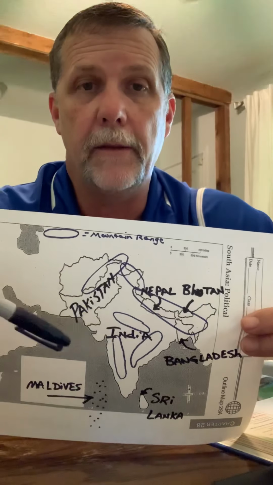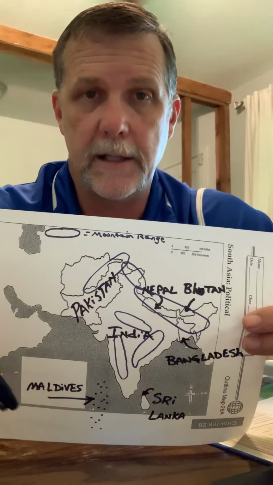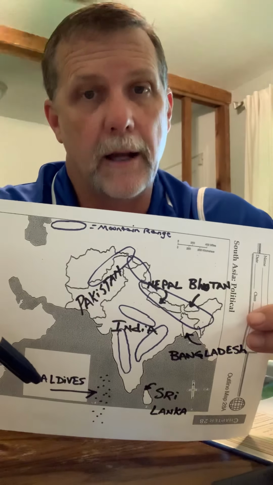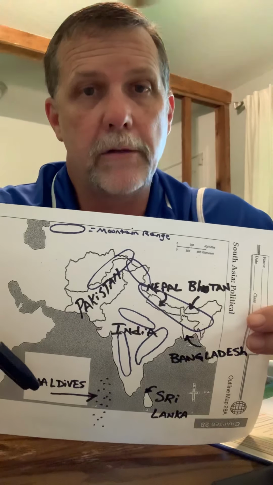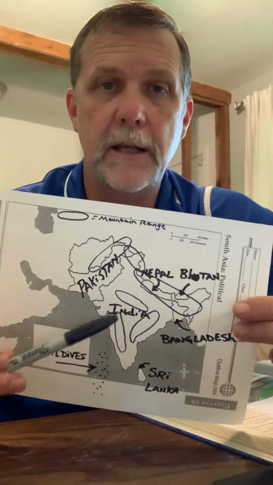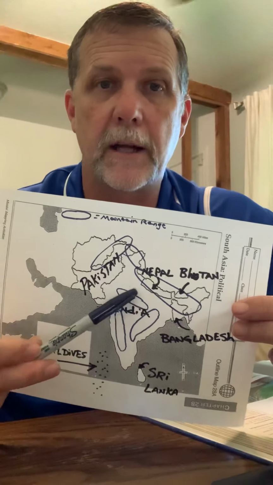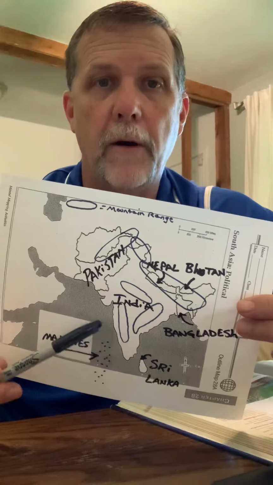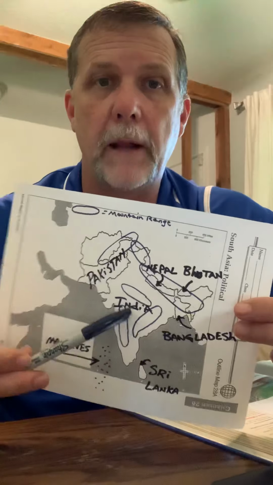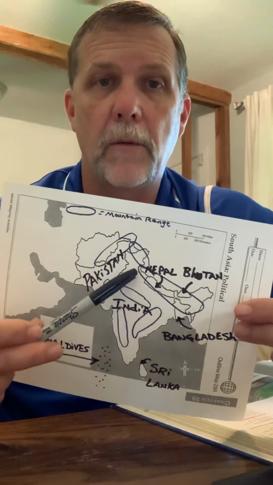So then you have the wet monsoon winds. There's going to be a shift. And so, starting in June, all the way through September, winds are going to shift, and they're going to come up from the Arabian Peninsula, the Arabian Sea, and the winds are going to come in this direction. And that water that's picked up by the Arabian Sea is going to hit these mountains, and they're going to drop it over the plateau. They're going to continue to work their way this way.